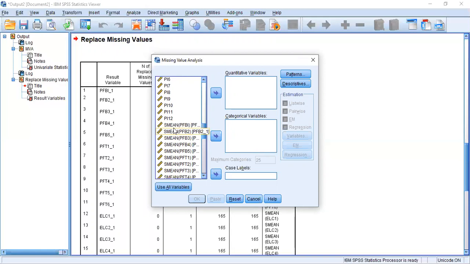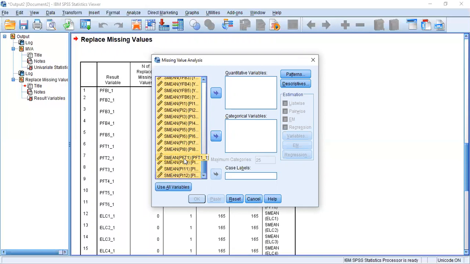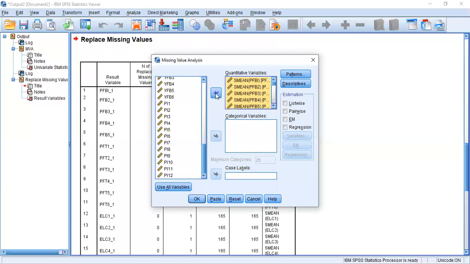Now you have to use all these new variables, because these are the variables which have been replaced by the mean substitution method. Okay, now just select all these variables because these are the replaced mean values. Move them on to the quantitative variable.